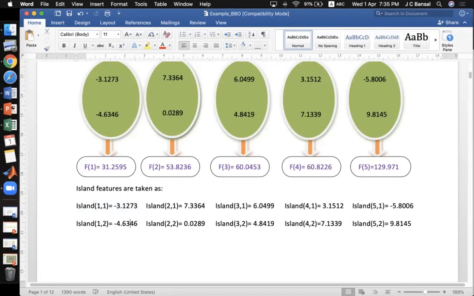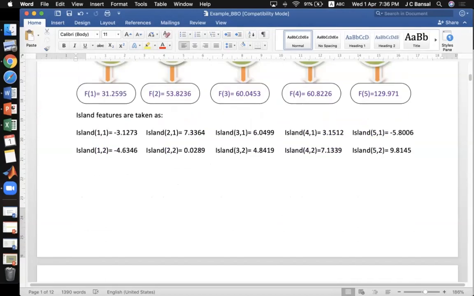Then the second island's first SIV, second island's second SIV, and so on. So these are actually X11, X12, X21, X22, X31, X32, like this. These are the initial randomly generated potential solutions. I hope up to here it is clear.